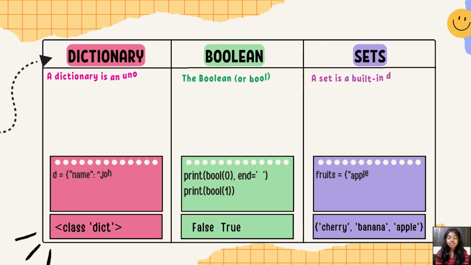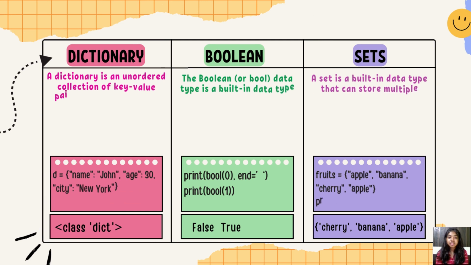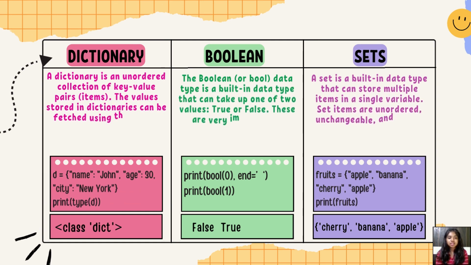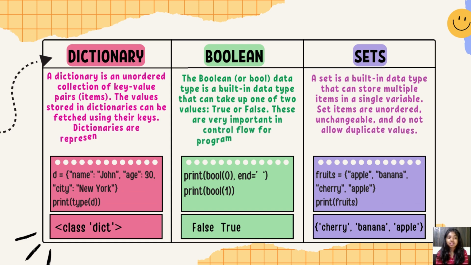A dictionary in Python is an unordered collection of key value pairs. The values stored in dictionaries can be fetched by using their keys. Dictionaries are represented using the keyword dict. In this example, the variable d is a dictionary. The dictionary contains three items. The keys in this dictionary are name, age, and city, and their corresponding values are John,